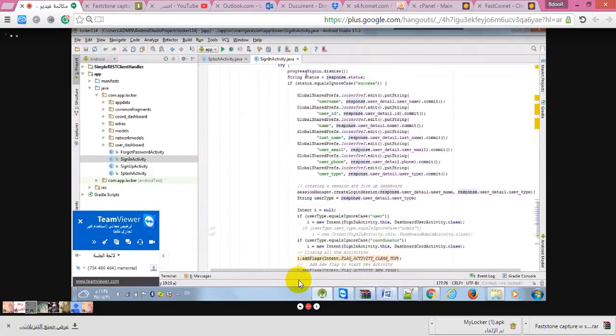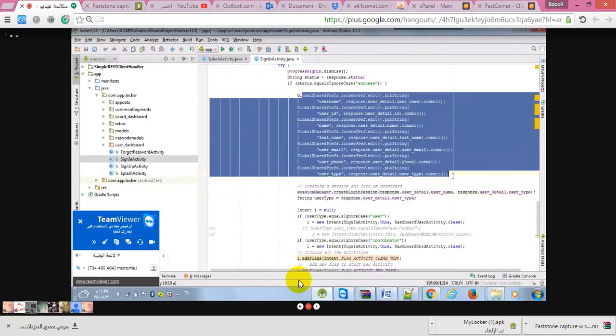After that, we just dismiss the loader, extract the status from that response object, and check if it says success, which we wrote in the web service. Then obviously that JSON response object will contain all the user information returned from the database of our project, and from that response object we extracted all the information and saved it in global shared preference here